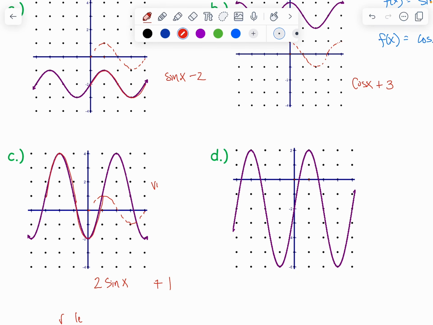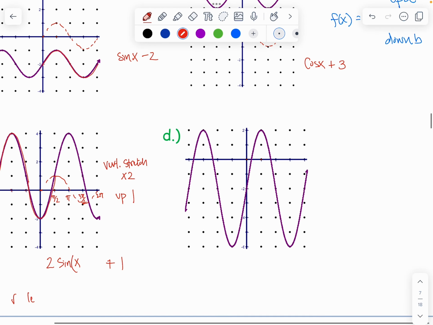So I'm looking at a vertical stretch times 2. It's been moved up 1, and then it appears that it's been shifted. If this is pi over 2, this is pi, this is 3 pi over 2, this is 2 pi, it appears that it's shifted -3 pi over 2